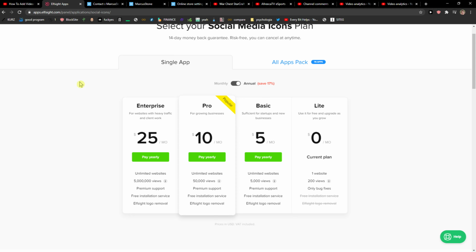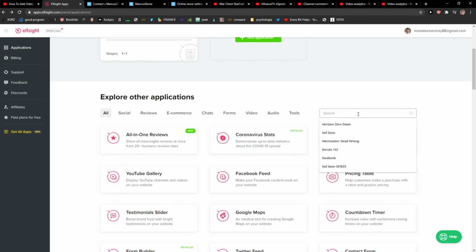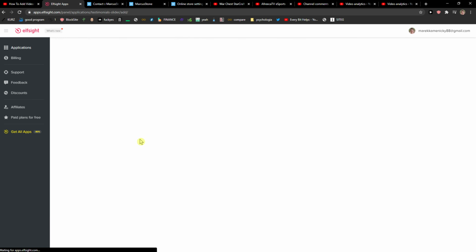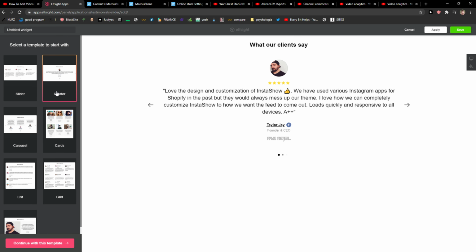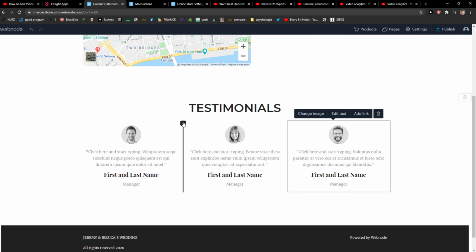Another way is using the Placeit application, which you have down below in the comments. And you can use the Placeit, let me show you. Application for testimonials, and just adding a testimonial slider. Look how it looks, and you can add the code here. You can edit everything here, add the code,